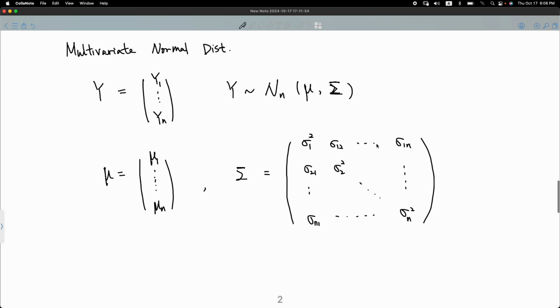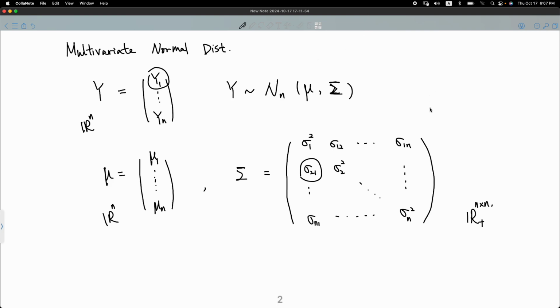Okay. And then for each of the elements, you can think of sigma i squared as the variance for yi, and sigma ij is just the covariance between yi and yj. But just to emphasize that this is a column vector in Rn, and the matrix is n by n, and also they have to be positive, because we're not talking